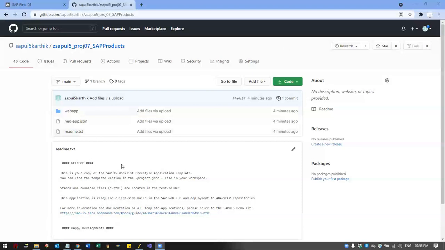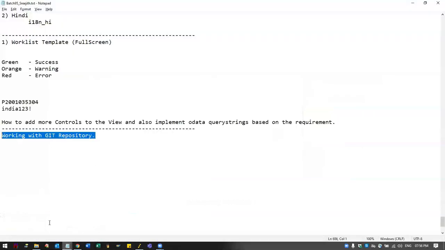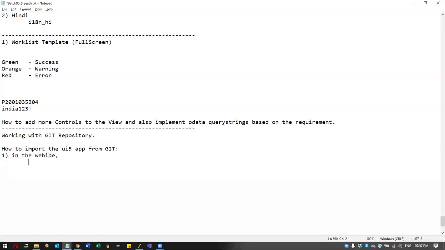Okay, now how to import the UI5 app from Git. So open the Web IDE. In the Web IDE, right click on workspace.